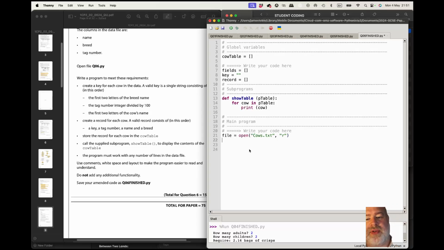We're going to read the contents of the file, and then we want to use a for each loop. So let's put a comment in, because it says use comments. Process all lines in the file. Let's just keep it simple. Process all the lines in the file, and we can do that with a for each loop. So for line in file,